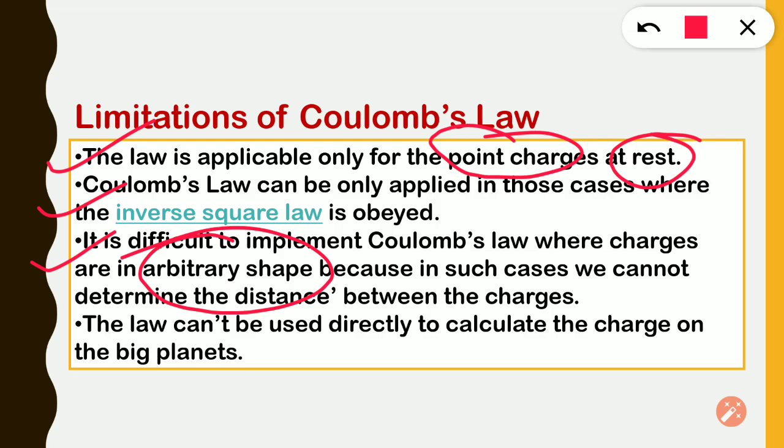Coulomb's law is always applicable where the charge on an object can be supposed to be a point charge. And the important condition for a point charge is that the distance between the two charges should be very high in comparison